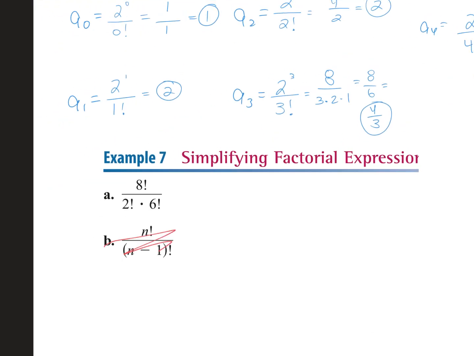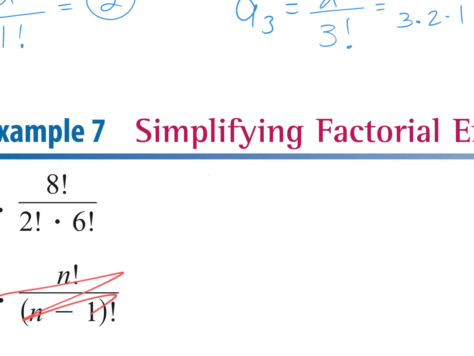We'll talk about B later when everybody's here. Let's look at A. This says 8 factorial, which means 8 times 7 times 6, 5, 4, 3, 2, 1, over